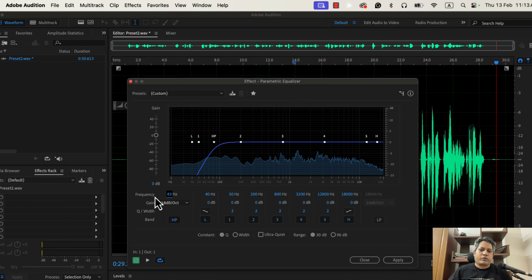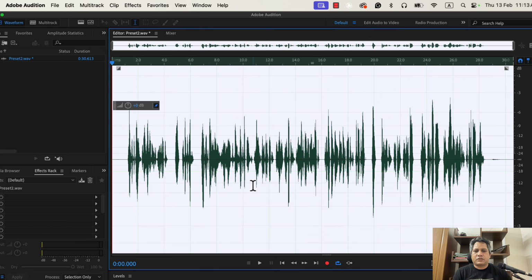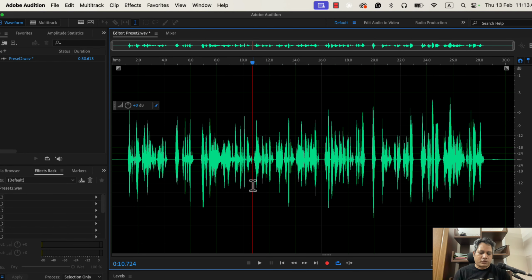So you can see that when I applied the high pass filter around 80 Hz, the audio quality is not affected. But if I go further, then the audio quality becomes a bit different. So I'll be using this 83 Hz, and then the gain is 18, and I'll apply this. So once again that effect is applied. So we have used normalize, we have used noise reduction, we have used EQ, and then we'll move to an